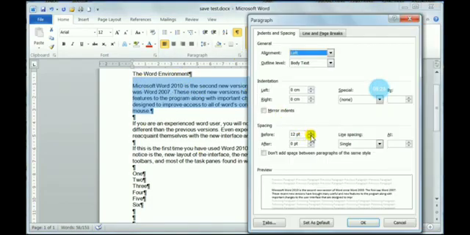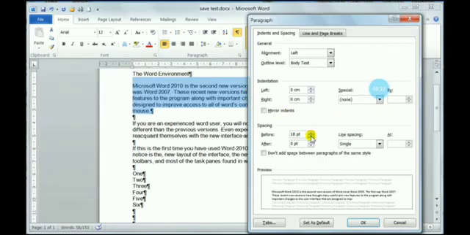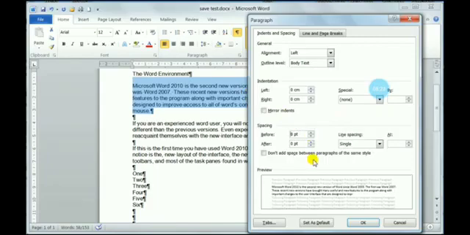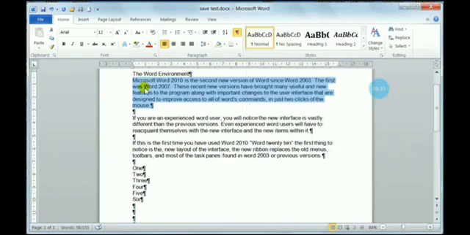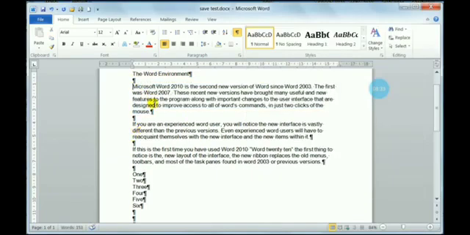So you can increase it also. You can decrease. Suppose 18 or 6 to 0. Any point of time, it depends upon you how much space you will give, you will not give. Okay. So I hope you are familiar with this particular symbol. It is a paragraph symbol below.